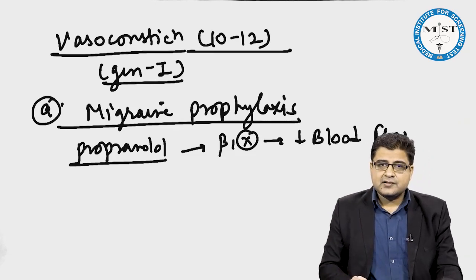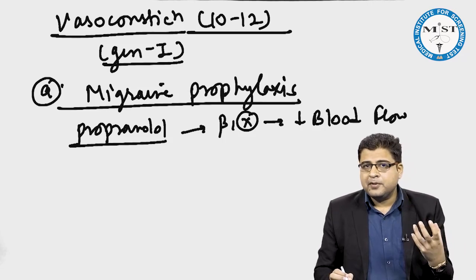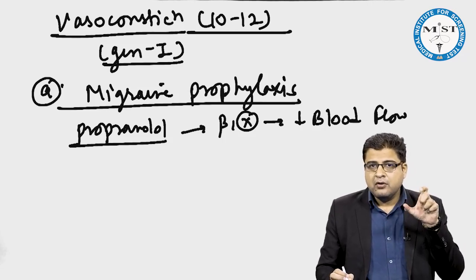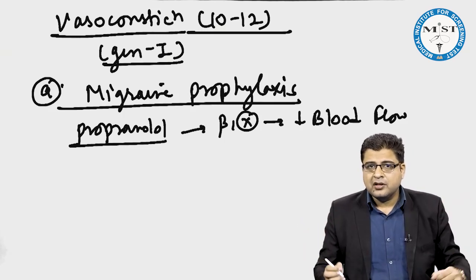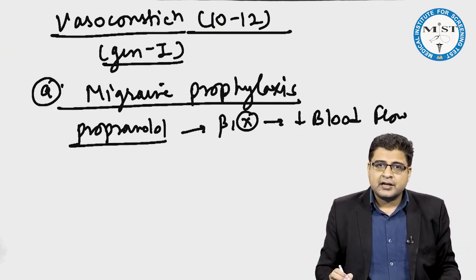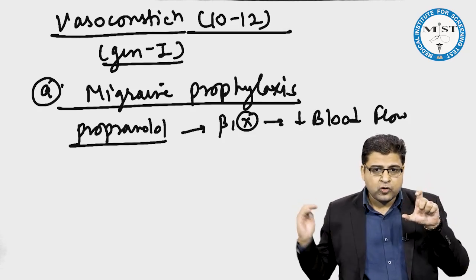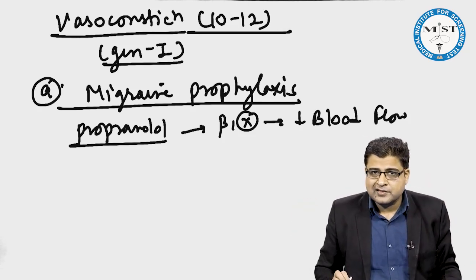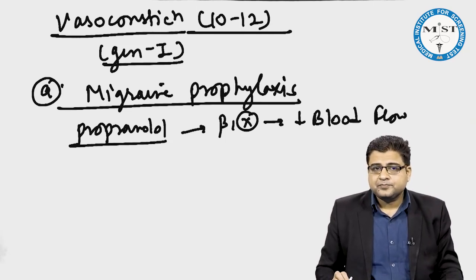Therefore, there will be less stretching of blood vessels. I hope you people know this point. The migraine pain is because of vasodilation. Whenever blood vessels are dilated, there is a stretching of surrounding structures, and these surrounding structures are connected with pain pathways. So, whenever blood vessels are dilated or there is more blood flow from those blood vessels, because of the stretching of surrounding tissue, this leads to pain.